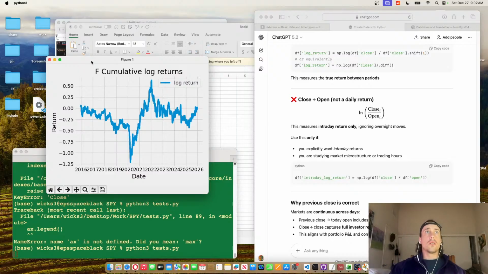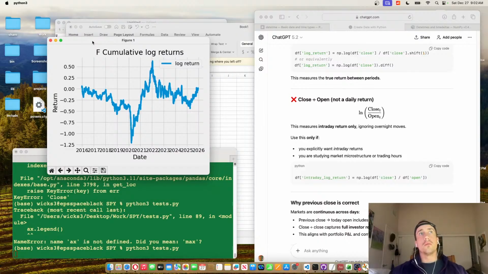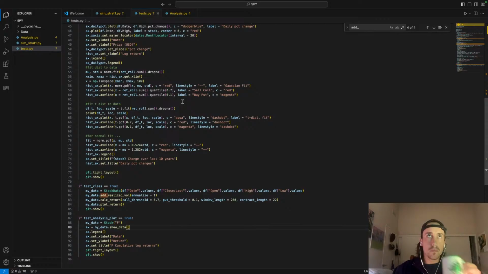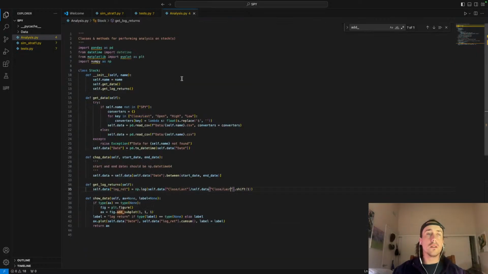Okay, so what else do we want to do? So we've got the cumulative returns for this. So I want to do cumulative returns of the other stocks. Okay, so this, let's make a